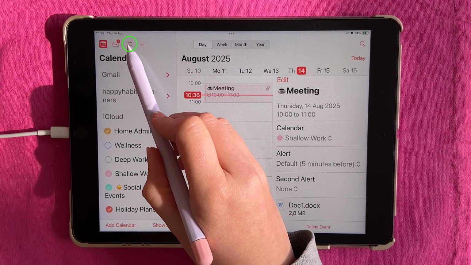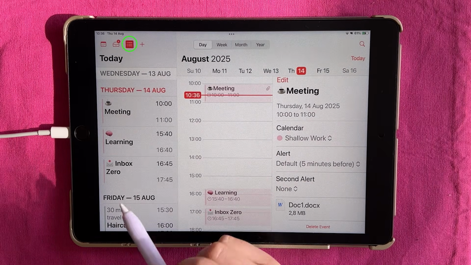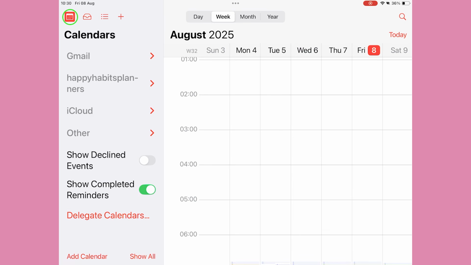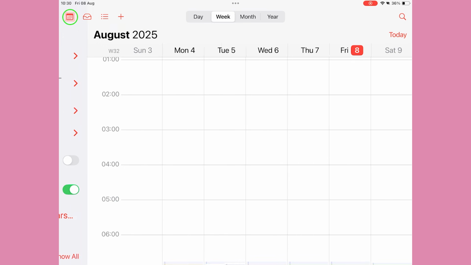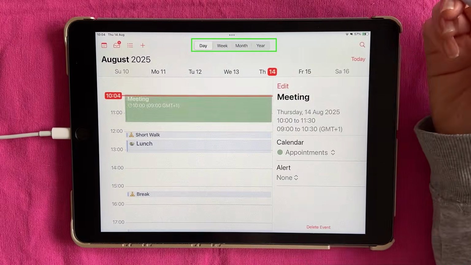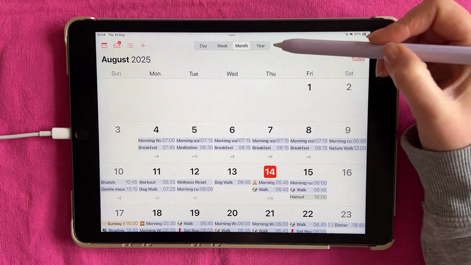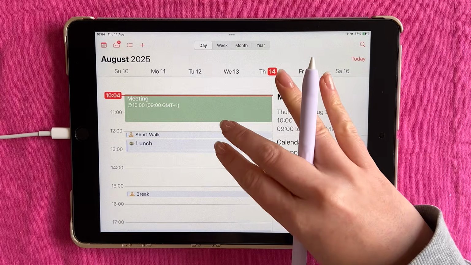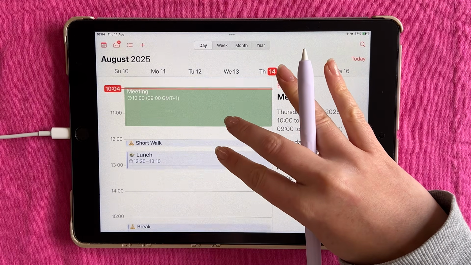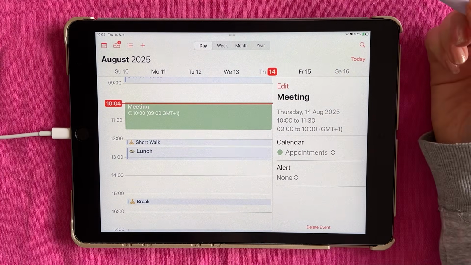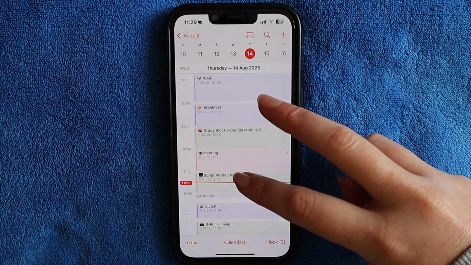View your events in a list format by tapping the list icon. You can also hide the calendar sidebar by tapping the calendar icon. Change your calendar view using the options at the top. Pinch in or out to zoom, which is super handy on your iPad or iPhone to make the calendar view